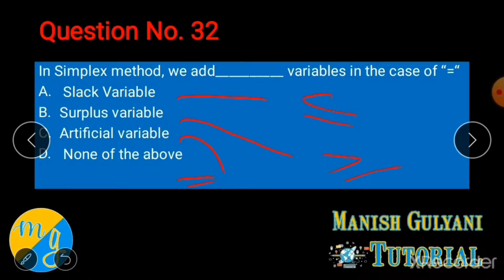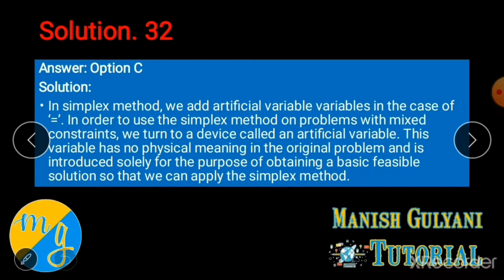Equal is itself an equality, so why would we add a surplus or slack variable? If you remember, we convert all the inequalities into equalities. We add a surplus or slack variable depending upon our condition. But if the constraint is equal itself, then always use an artificial variable. So option C is your correct option. We add neither a surplus variable nor a slack variable in the case of an equal constraint. We always put a1, a2, a3 in equal type constraints. So option C is your correct option.